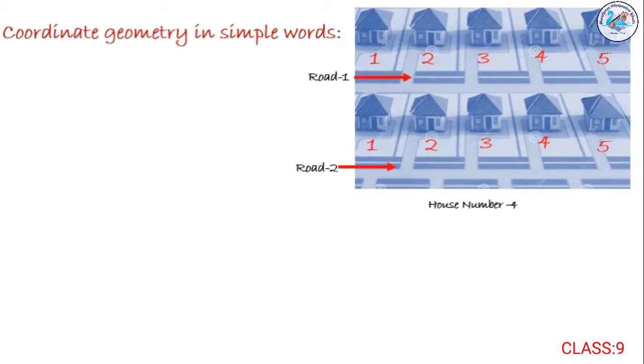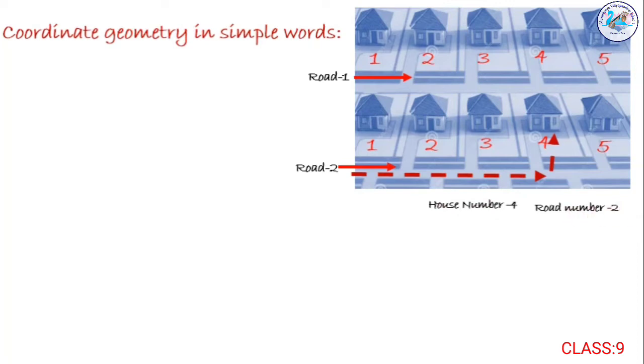So finally you call your friend and confirm which road it is. That is road number 2, for example, street number 2. So finally, by using these two parameters, house number 4 and street number 2, you have identified your friend's house. In this scenario, we need two parameters to determine the exact position of a house. Means the parameters are house number and the street number.